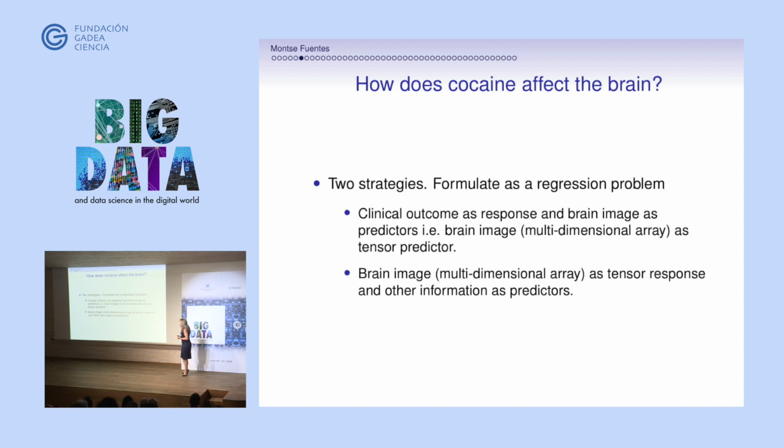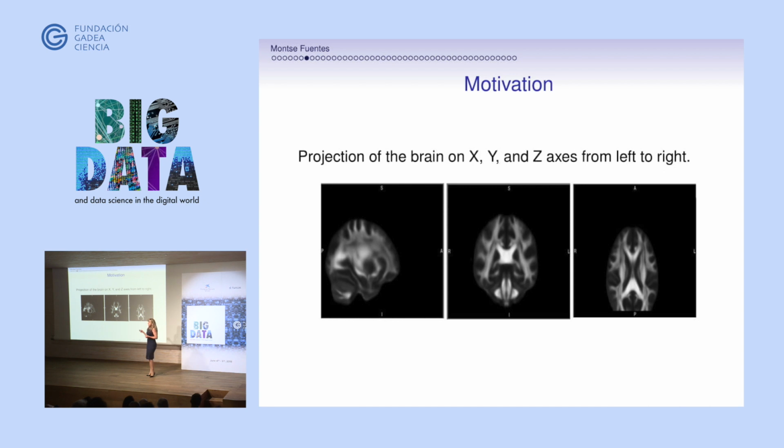Okay, so the two strategies, going back to our brain images: when we have this type of images, we either use them as a predictor or as a response, right? So we can use the brain image as a predictor to study and analyze different types of clinical outcomes, or we can just use the brain image on its own as the response to determine how the brain of a drug addict would be different than the brain of a non-user. Here we are going to be focused on the latter. We are going to be looking at these different images for addicts and non-addicts to determine what type of differences we observe, what parts of the brain have been impacted, and again, that can lead to the development of a